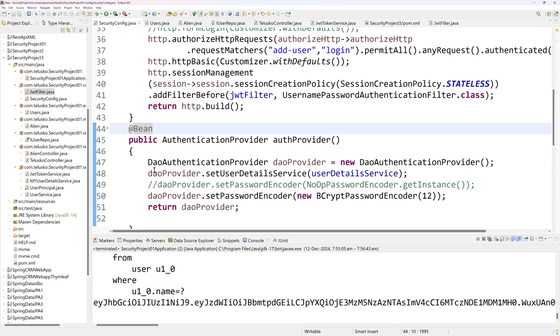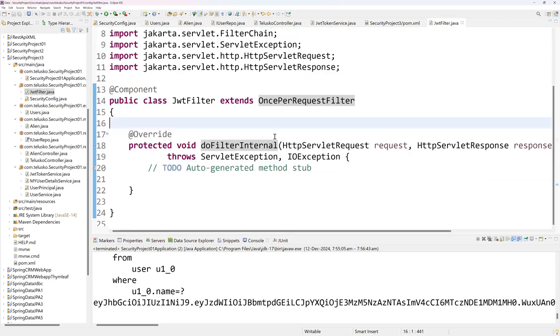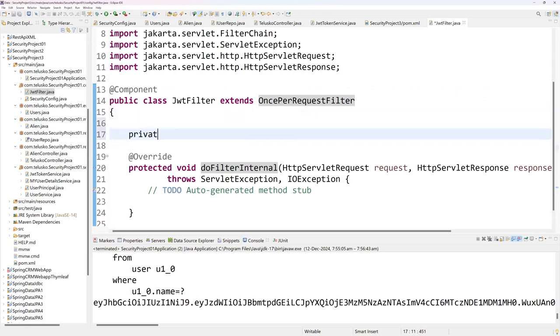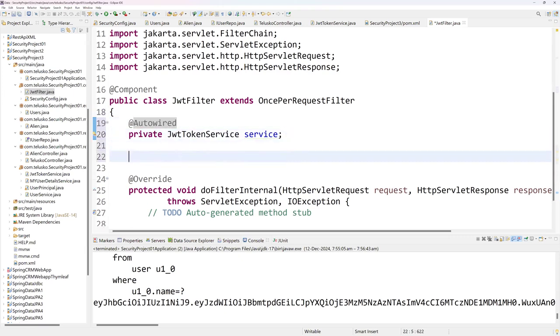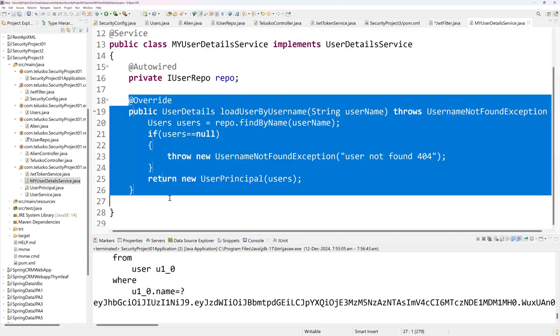Yes. Now I have to write the code for the filtration. It's my responsibility to write the code. I'll go back here. I will just make the arrangement for auto wiring. I'll say private. One of the auto wirings I'll do here is JWT token service. I have written one class, right? Token generation class, token service, so that I can extract the token from there. I will say here service, and of course service. I'll auto wire that. I'll ask Spring to inject that. Spring will inject. That's fine. I will also get hold of my user detail service class also, so that I can invoke this to verify